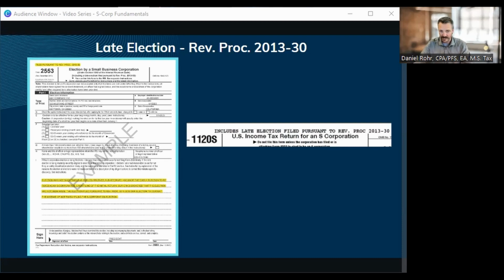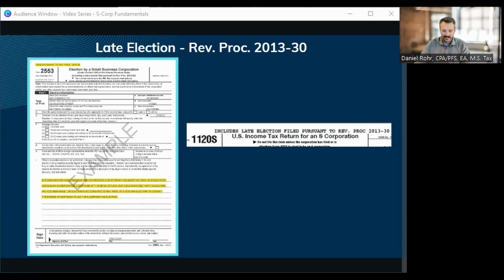That is important, and it's imperative to be able to utilize the revenue procedure to be able to have a late 2553 allowed. And you have 3 years and 75 days following the date the election was originally required to be made. The way to file the 2553 with the election is to add the verbiage you see at the top of the 2553 where it says filed pursuant to Rev Proc 2013-30. And you must include a statement for the reason the 2553 was not made timely, which you can see in